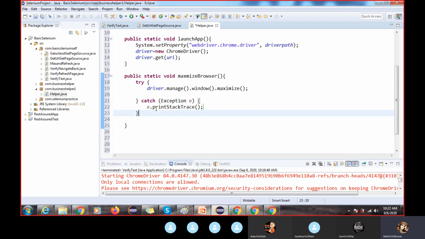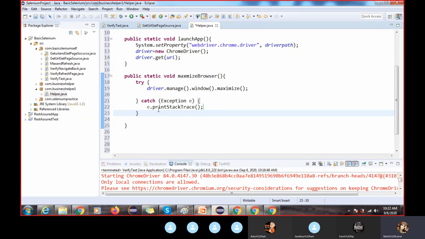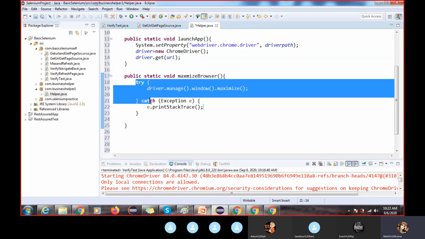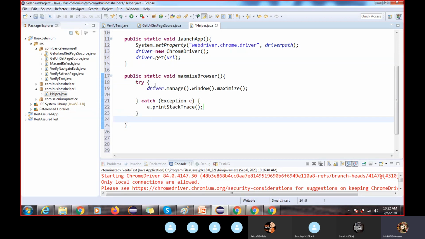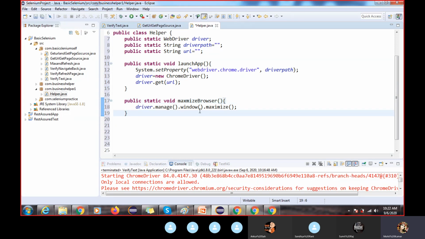Sometimes the code throws some exception, right? If an exception occurs, the catch block will capture it, your code will not fail, your execution will not terminate, and it will show on the console that this is the exception. This is part of exception handling. In the coming session we will learn this. If you don't want to use it now, leave it, no problem. I don't want you guys to get confused.